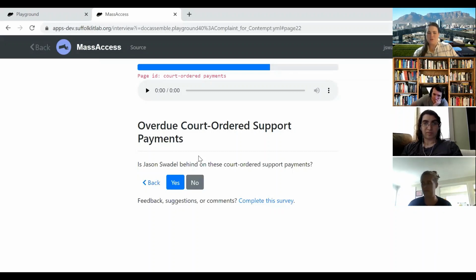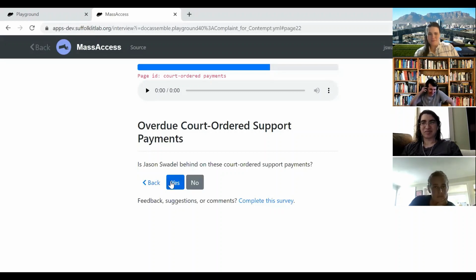Okay, so would the question remain looking like this? Yeah. It could also be about form of payment, like maybe they're supposed to do direct deposit and they do something super inconvenient, like pay in change. But we don't want this question to be automatically answered, we want it to be asked. I think that's right. Again, just flagging this as a nice thing to put in an issue. We have it recorded, so that's true.